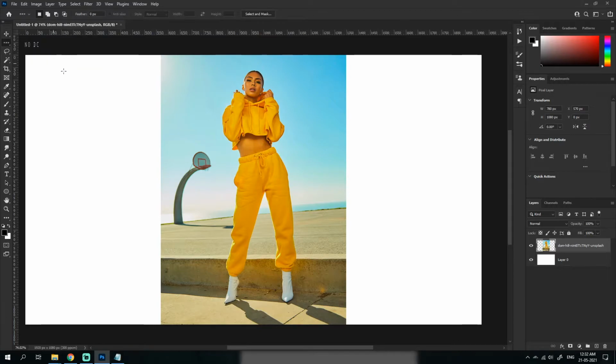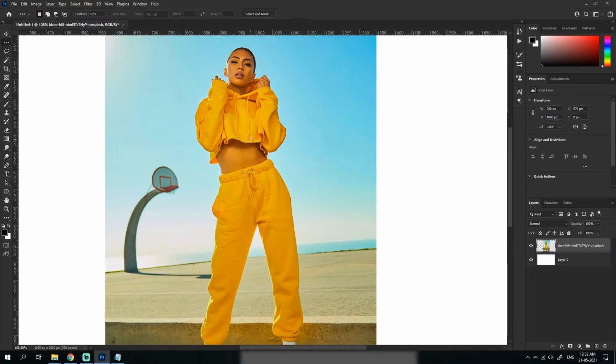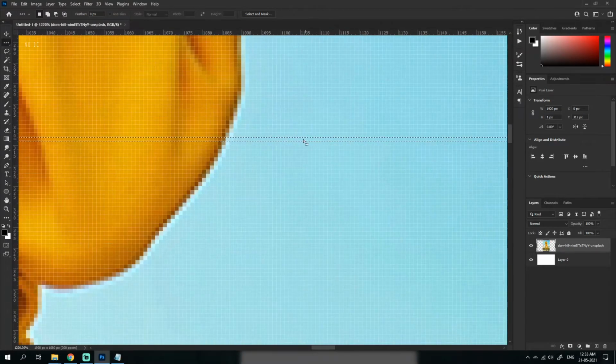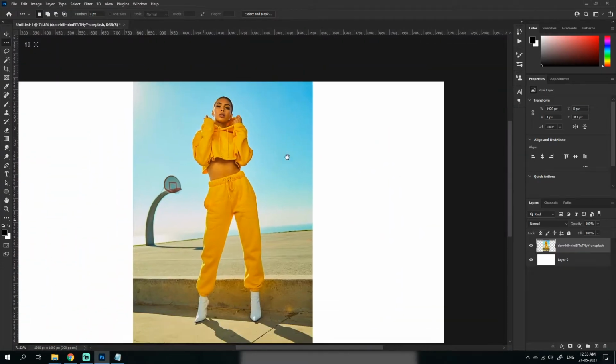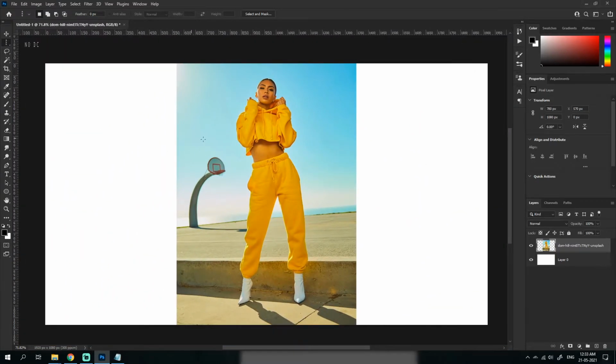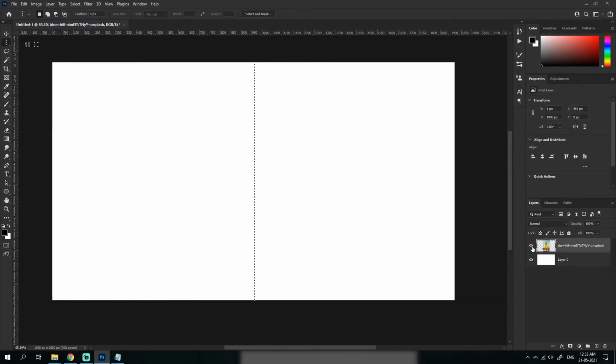Next thing, single row marquee. Now in this one, what I will be doing is selecting, let's say, this section. This tool, which is the row, and this column marquee, only selects one pixel. So if we just zoom in, you could see it has only selected one pixel. For this one, I'll use the column one. I selected this, and we actually have one selection.